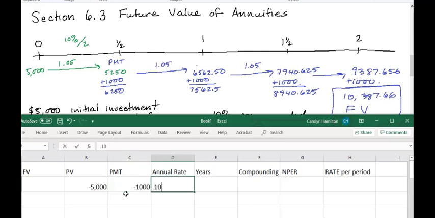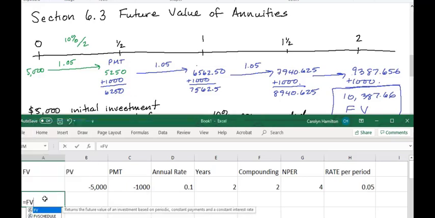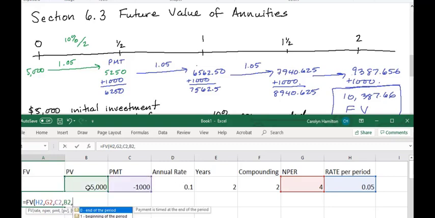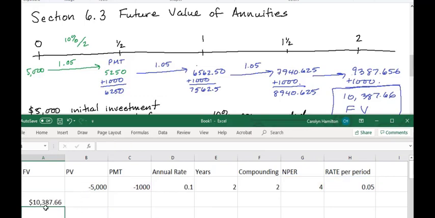Annual rate, 10% for 2 years, compounding twice a year, semi-annually. The number of periods in total will be 4, and the rate per period would be 5%. Then I can find the future value. This will add up all of the interest on the present value with all the additional payments coming in. I just need to tell it the rate per period, number of periods, payment, present value, and the type I can ignore. There's the $10,387.66,